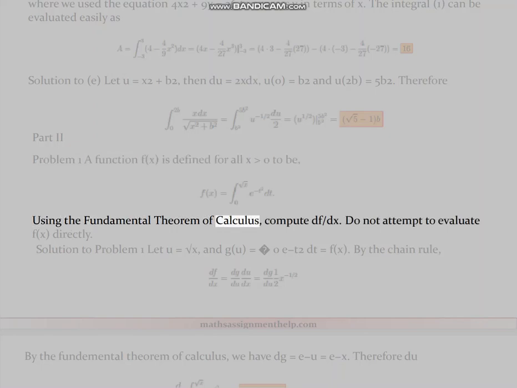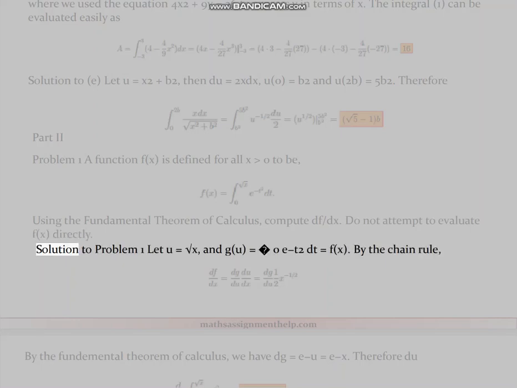Part 2, Problem 1. A function f(x) is defined for all x greater than 0. Using the fundamental theorem of calculus, compute df/dx. Do not attempt to evaluate f(x) directly. Solution to Problem 1. Let u equals square root of x, and g(u) equals the integral from 0 to u of e^(-t²) dt, equal to f(x). By the chain rule,